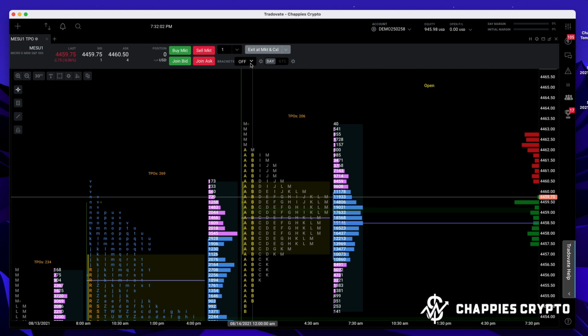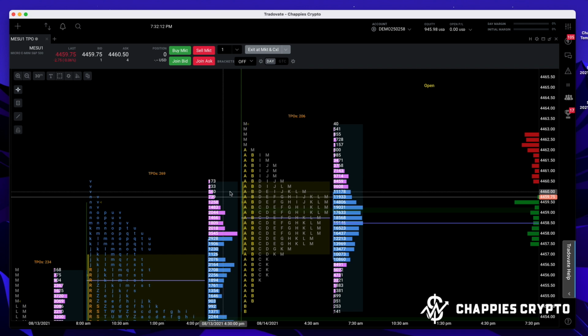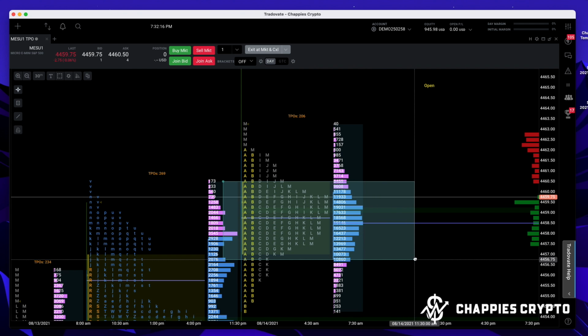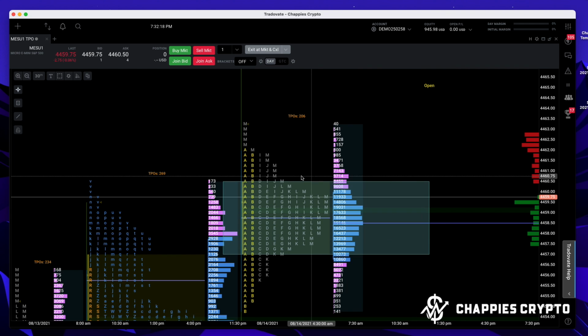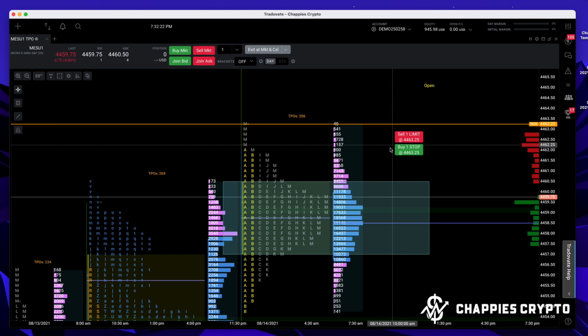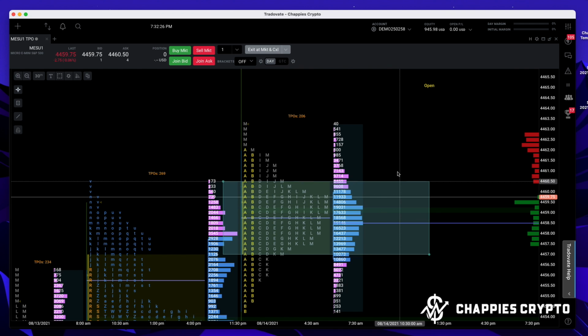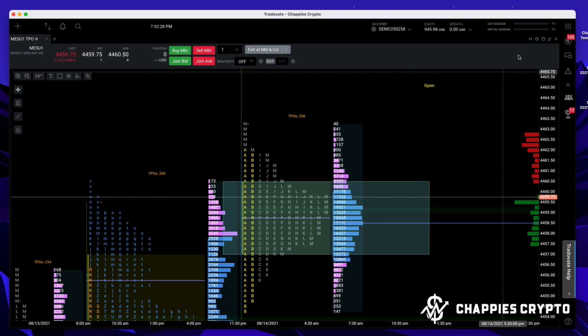However, if you're wanting to play around with your charts, you want to draw some lines, say for instance I draw a rectangle tool, to mark out an area that's of interest to us. Now that's fine, but you'll find sometimes you'll accidentally press and you'll start to freak out a little bit. So if you're wanting to draw on the chart without worrying about placing trades,